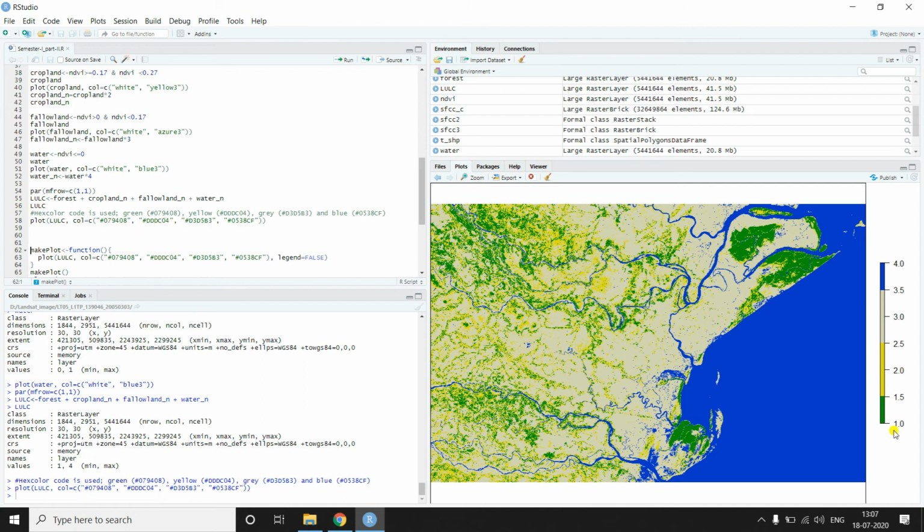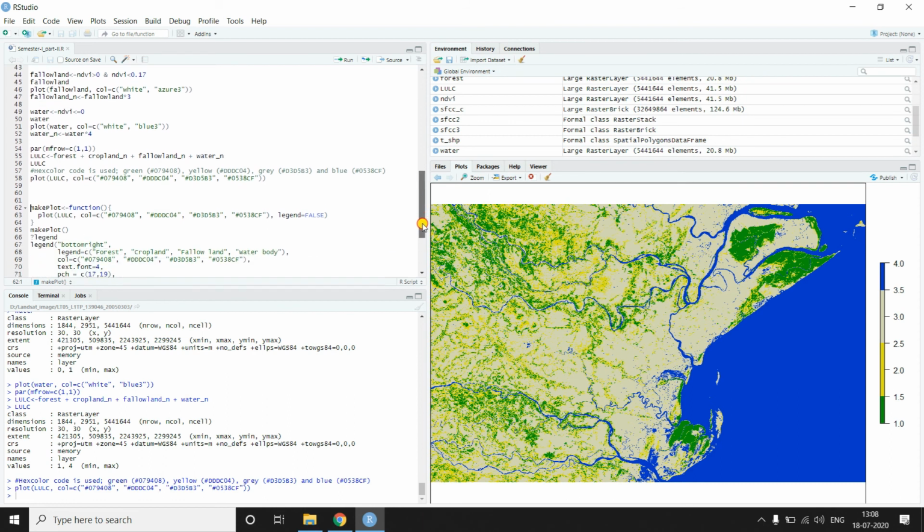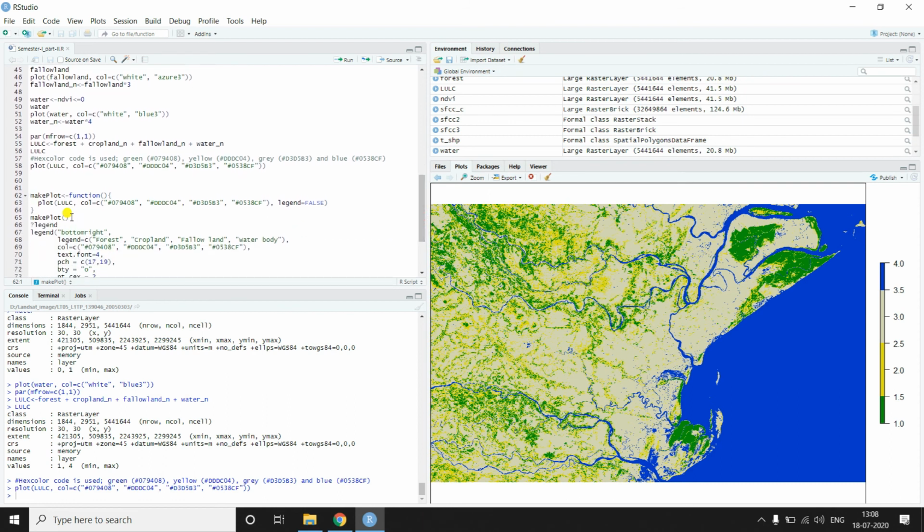So if I plot this, I will get an image with 4 land use land covers and their legend. You can see there are 4 classes, 1, 2, 3 and 4, and instead of these numerical values we want a legend that will indicate the 4 classes. To do that we can use this make plot function.